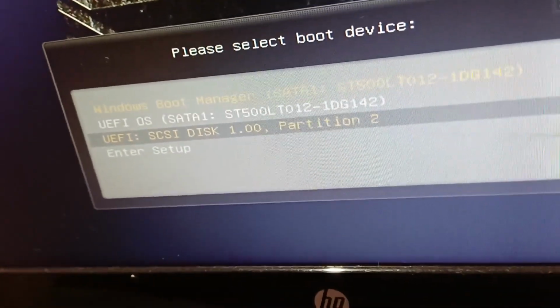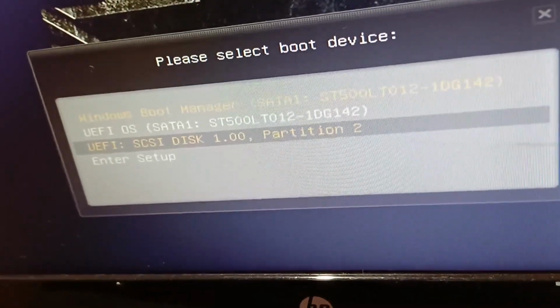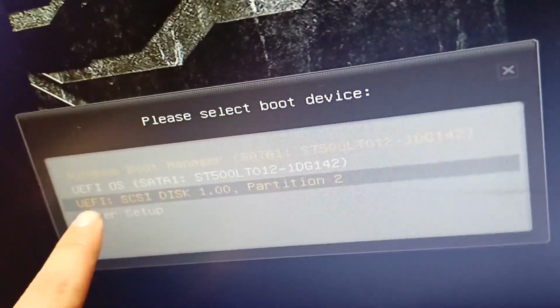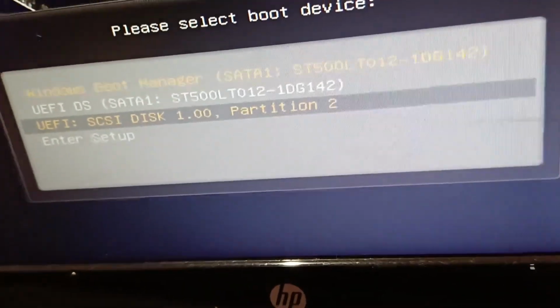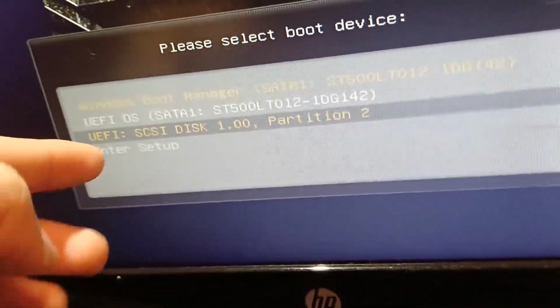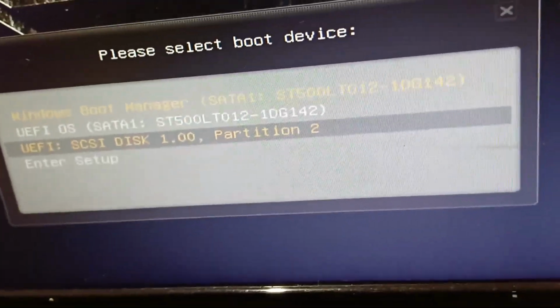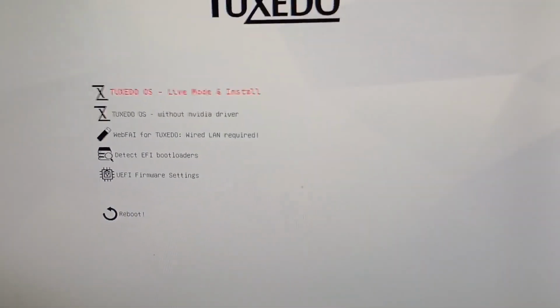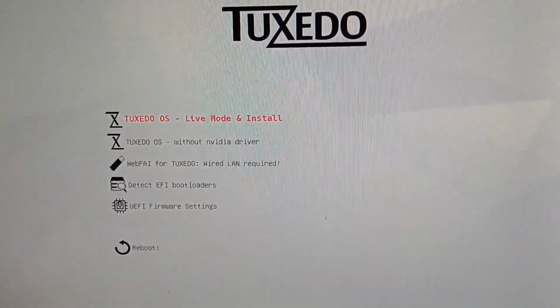It should be like UEFI SCSI disk something. So instead of saying UEFI OS or something like that, it should say SCSI something. Select that, and then it'll bring you to this. So we're going to do live mode and install.